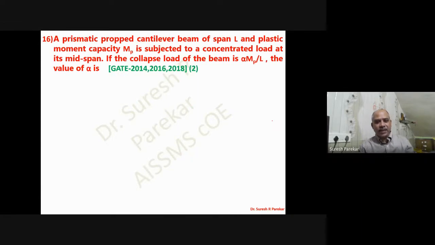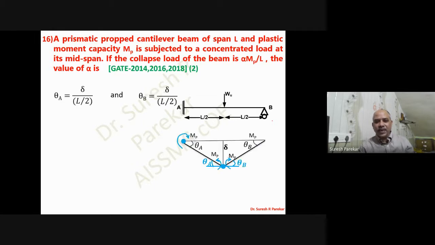Now all these problems are on plastic analysis, because in GATE examination this portion is included in steel structures. So now in this we have given this W, and we are interested to find out the collapse load for this. So now hinge will be formed under the concentrated load and at fixed end, because we have places: first we have at fixed end, then under concentrated load, then in between UDL, then continuous support. So likewise these will be formed. So here we have fixed support and concentrated load.